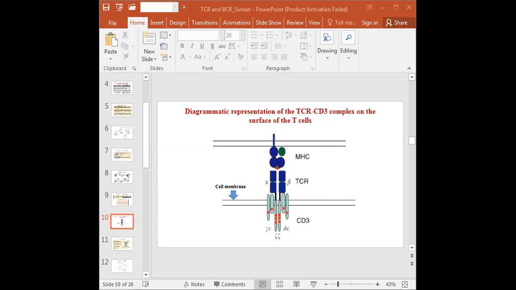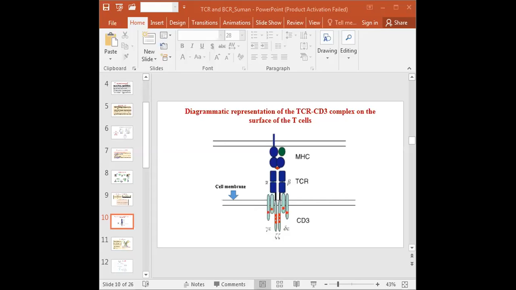The variable regions of all the TCR chains together form the antigen recognition site of the TCR. On the surface of the T cells, the TCR is found in association with the CD3 complex, and the resulting complex is referred to as the TCR CD3 complex. The CD3 complex is involved